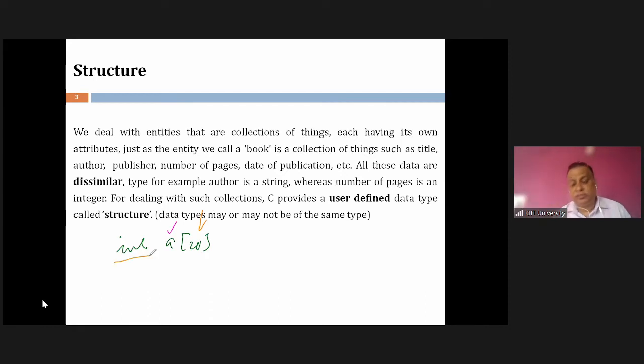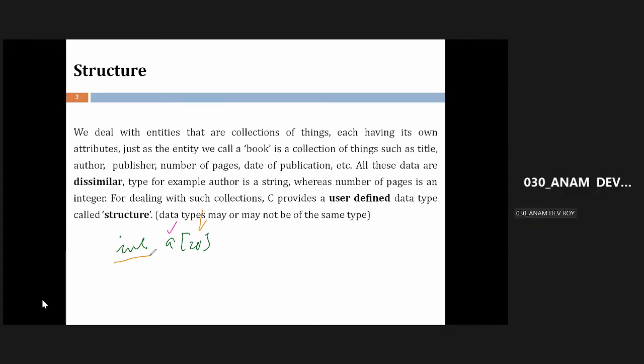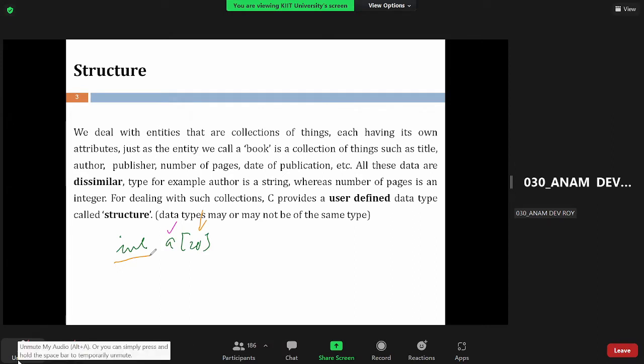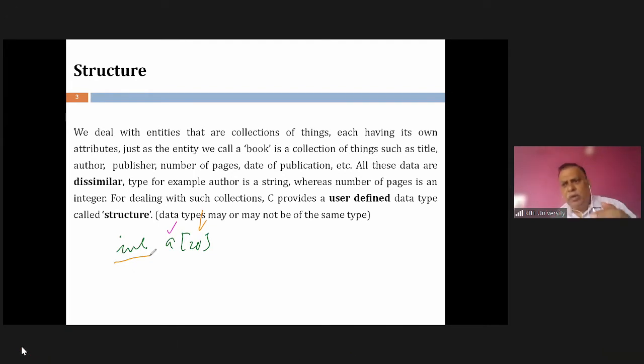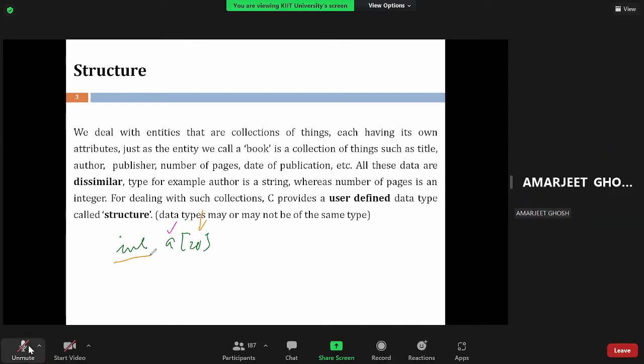Is it understood? I didn't tell it like this when I was defining an array. So this array has how many data members? 20, and each data member is of integer type. So every data member of an array must be of the same type. That's the property of an array.